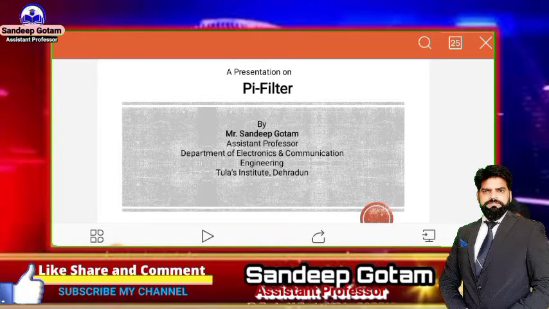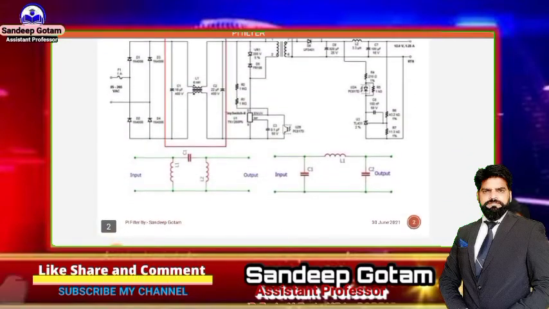Some part of the AC basically appears at the output portion of the rectifier, means DC is also getting with the addition of the AC, मतलब DC के साथ में AC का भी कुछ पार्ट आ जाता है जिसको हम रिपल्स बोलते हैं. तो उन्हीं रिपल्स को दूर करने के लिए बेसिकली हमें फिल्टर्स की आवश्यकता होती है. तो आज हम फिल्टर के बारे में बात करेंगे और जो हमारा टॉपिक है आज का वो है पाई फिल्टर. तो इस पाई फिल्टर को हम डिस्कस करेंगे एक एक करके.